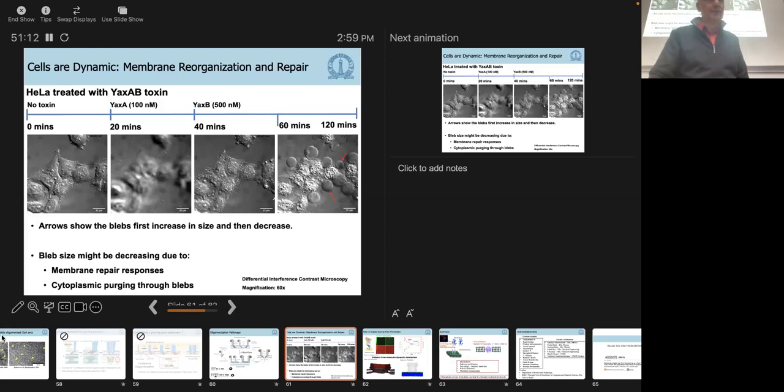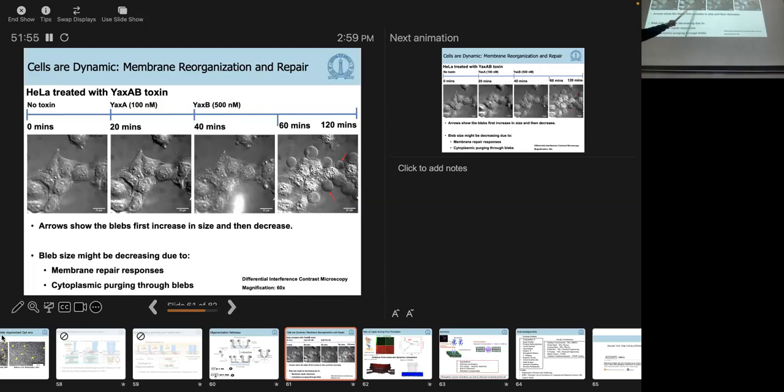And let me run you through this. So this is a case, I'll just set it up here. This is some cells, HeLa cells with no toxin. This is with this YXA. This is YXB added after A. So there's a sequence which is required for you to see activity. I think if you add B before A, you don't see activity. This is you add A and then B, you see activity. So let me run you through this. So this is no toxin. So the movie is playing, you don't see anything happening. And if you look at the case where you just add A, you see some changes, but nothing significant.